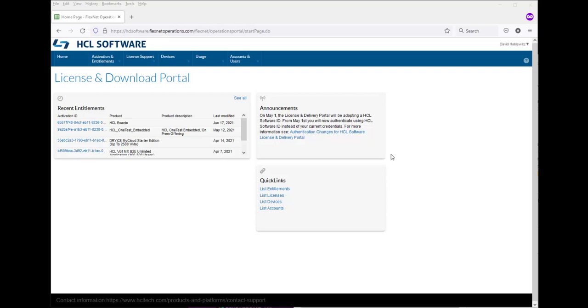First, go to hclsoftware.flexnetoperations.com and log in, and then from there you're going to get this page like what I have right here. Yours might look a little different. Click on the list entitlements,